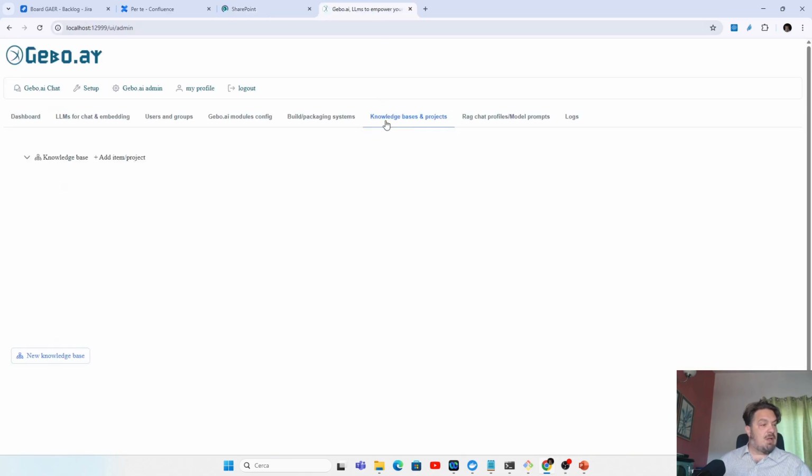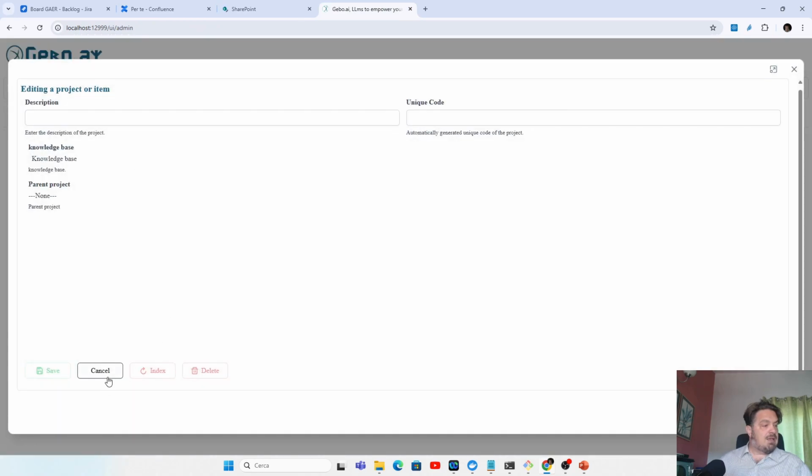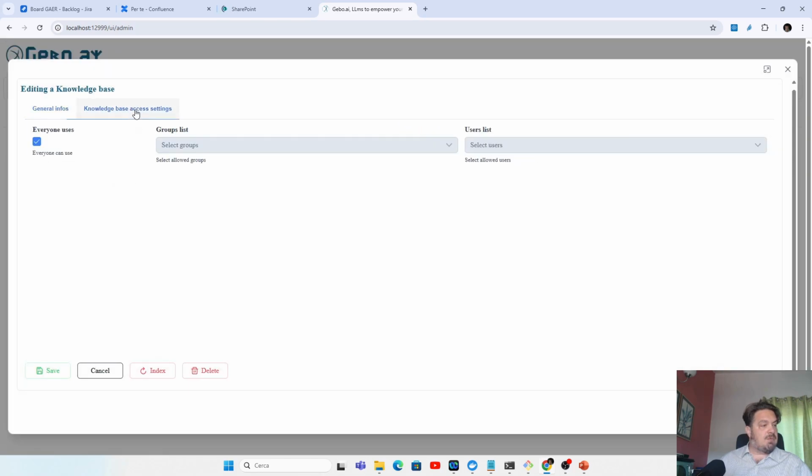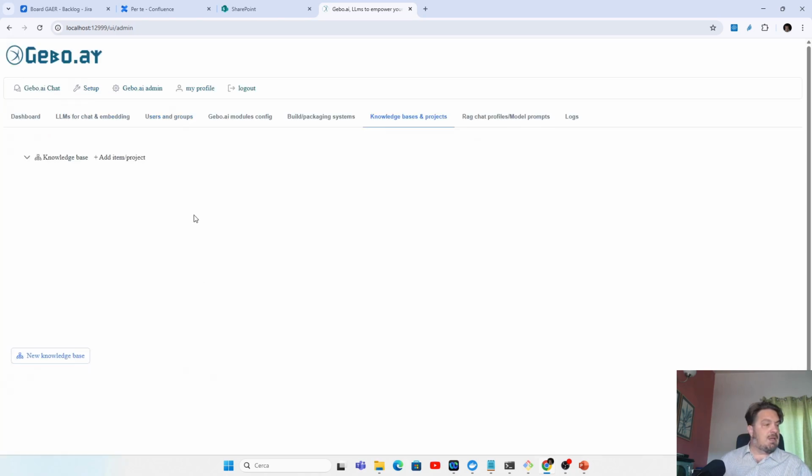Okay, so with Gebo.ai, now I can structure knowledge bases with sub projects or items. Now I've already created a knowledge base. I can, okay, choose this knowledge base. Who can access it? To be easier to understand, I choose everyone as the default access here.